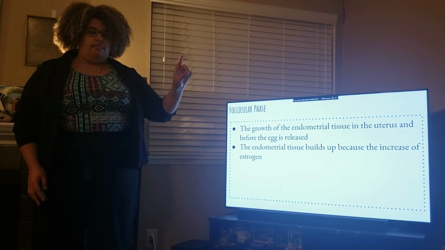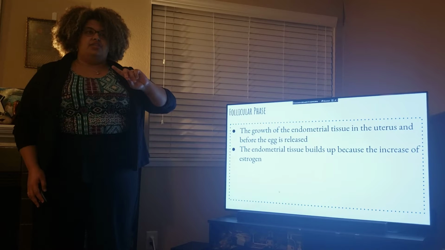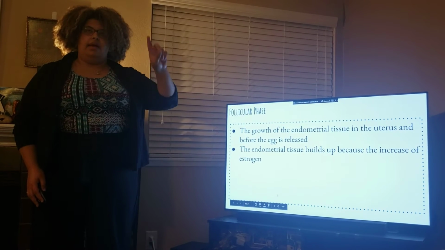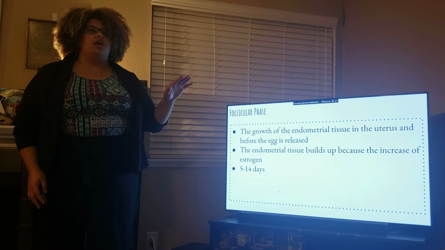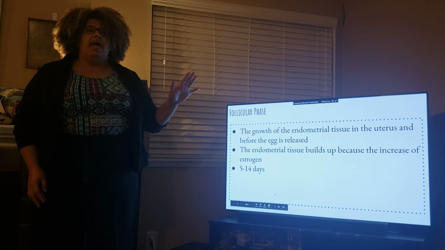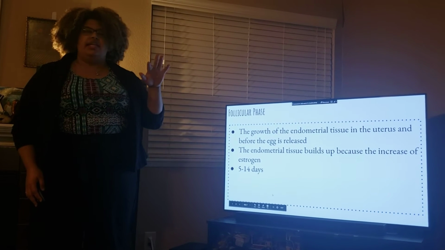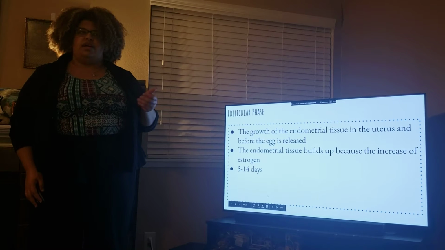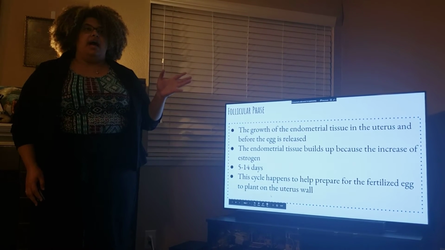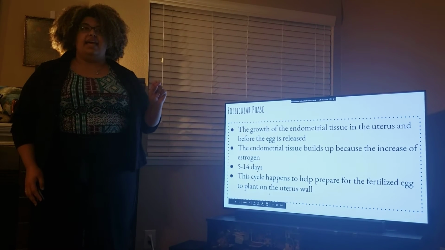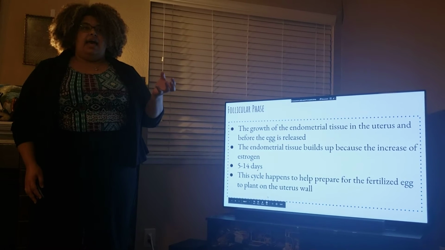This tissue builds because of the estrogen hormone. Hormone helps tissue growth. This cycle starts on the 5th day and lasts till the 14th day. Remember that everyone's different, so each phase can be a little longer, a little shorter. This cycle happens to help prepare the fertilized egg, so egg and sperm coming together to fertilize and to implant